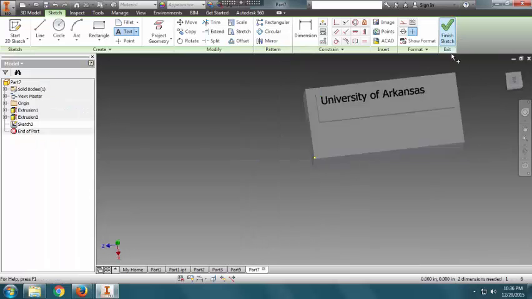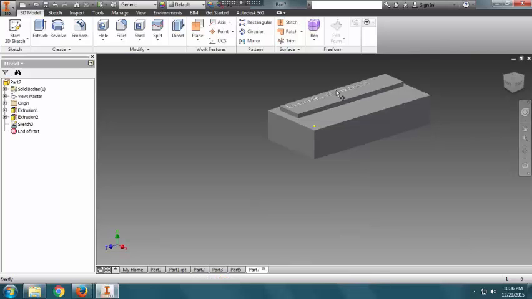So let's finish the sketch, and we have University of Arkansas, and now we want to engrave